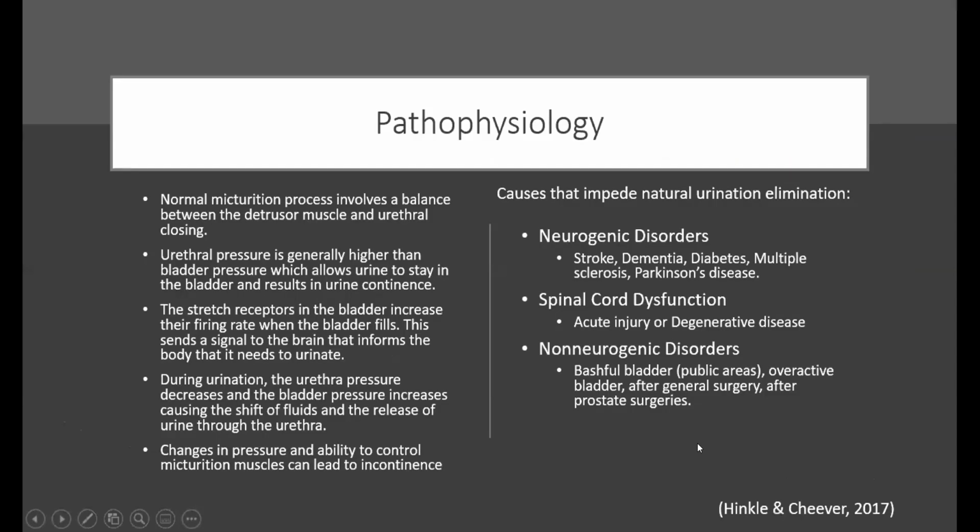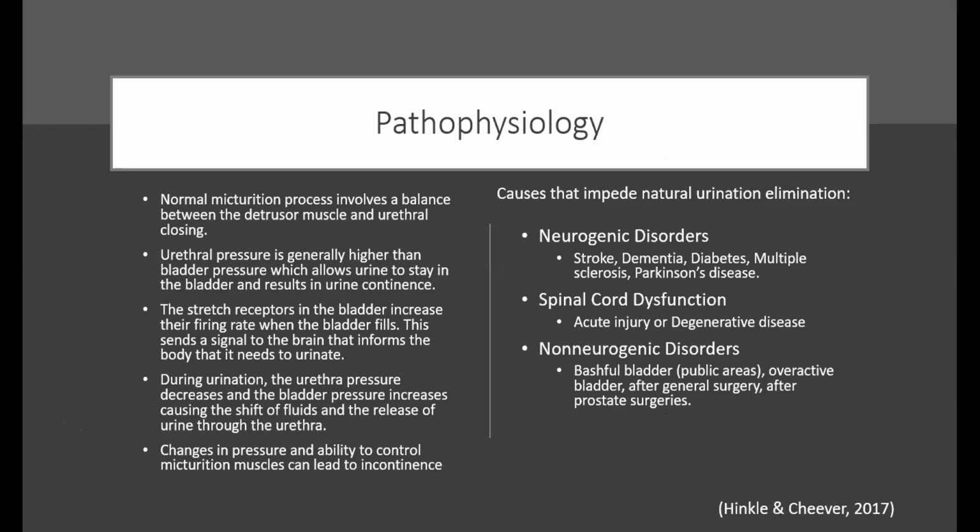So, pathophysiology. First, I'm going to go over what normally happens in the body, and then I'll go over the causes. In the normal micturition process, there is a balance between the detrusor muscle and the urethral closing. Urethral pressure is generally higher than bladder pressure, which allows urine to stay in the bladder and results in urine